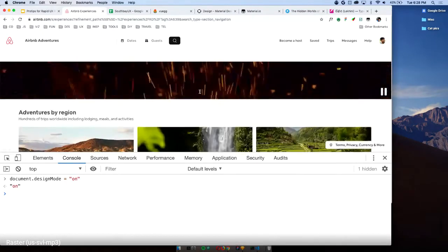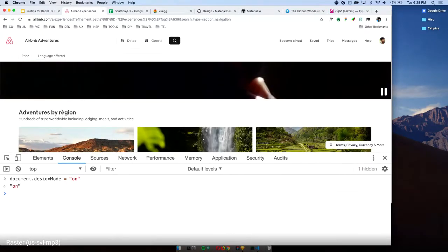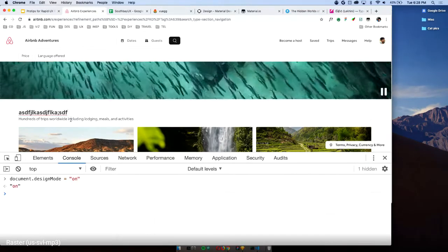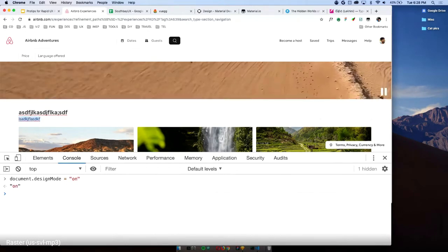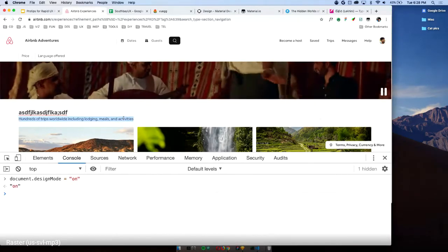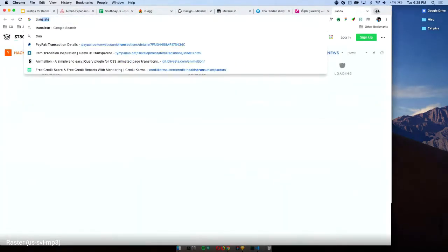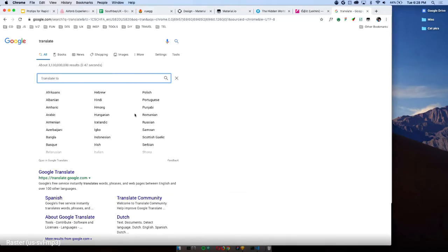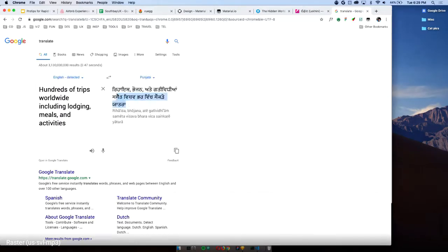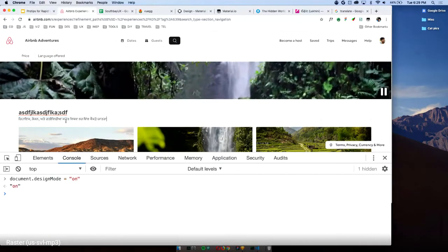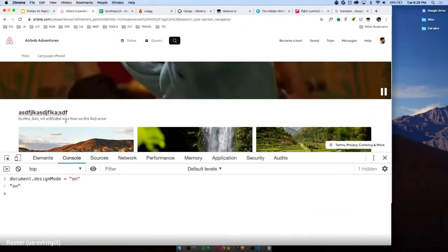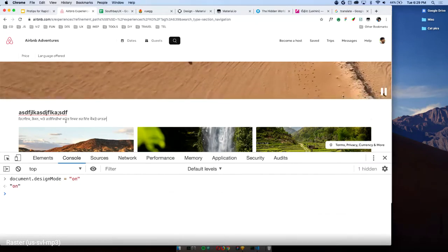So, oops, I clicked on it. I shouldn't have clicked on it. But you can actually see that I can select this and type whatever I want. In the whole page, let's say I want to translate this into some other language. Translate, go to this and paste this, and probably I want to translate into Punjabi. I don't know why, but I copy that and come back here, and I paste that. Now I can design the whole existing website in a different language,